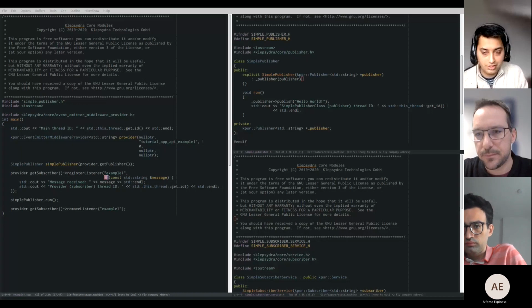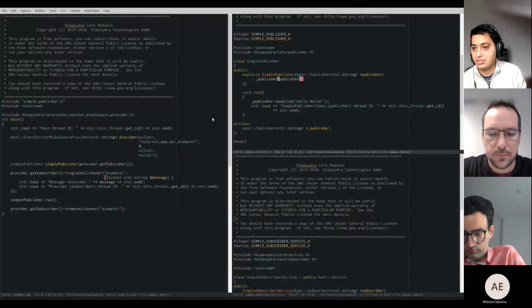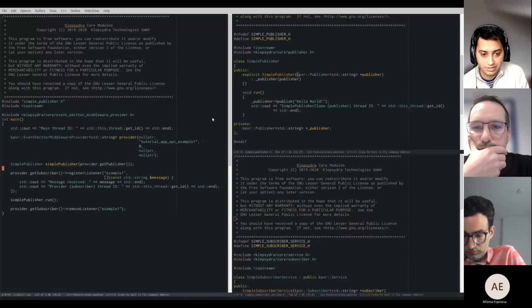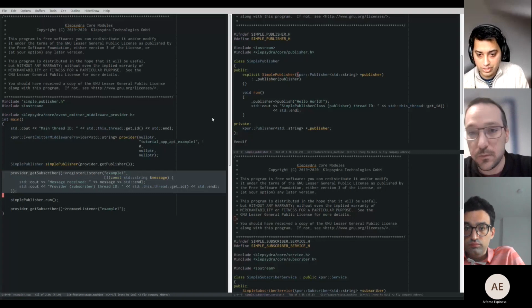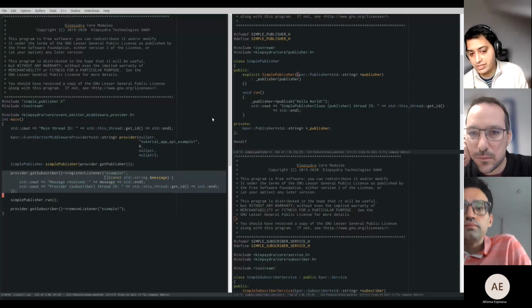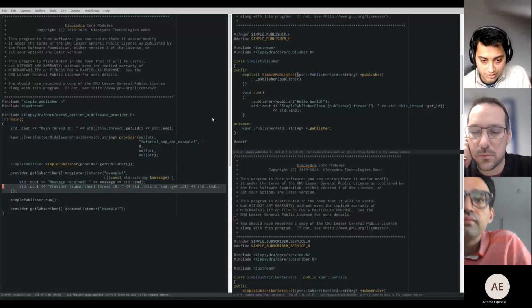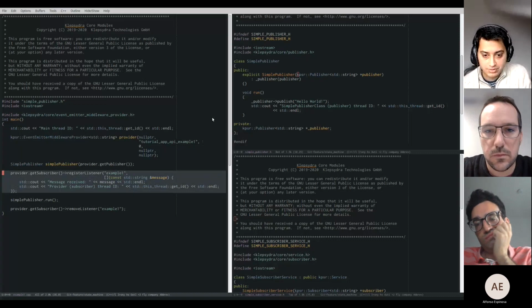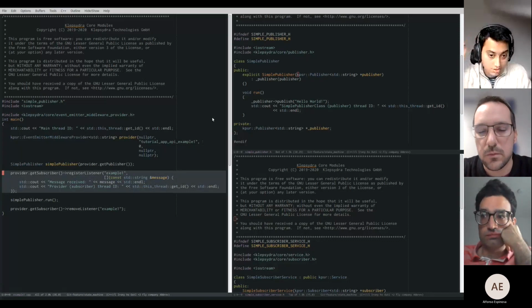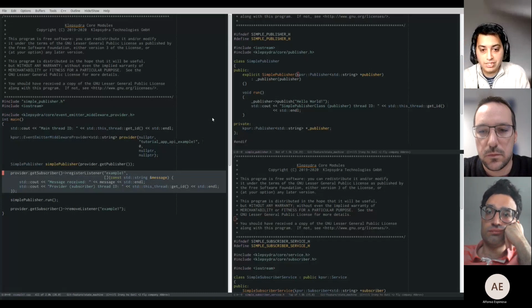The only thing is that, for example, the publisher here takes a publisher pointer, but the important thing is the string, right? And the listener on the left here doesn't need to know about the subscriber here. What it needs is the string, and what its expected output is that it prints the message to the screen. So when you write this function, you don't care whether there is Klepsydra running or not. So you do the similar thing with your raw data conversion to point cloud,